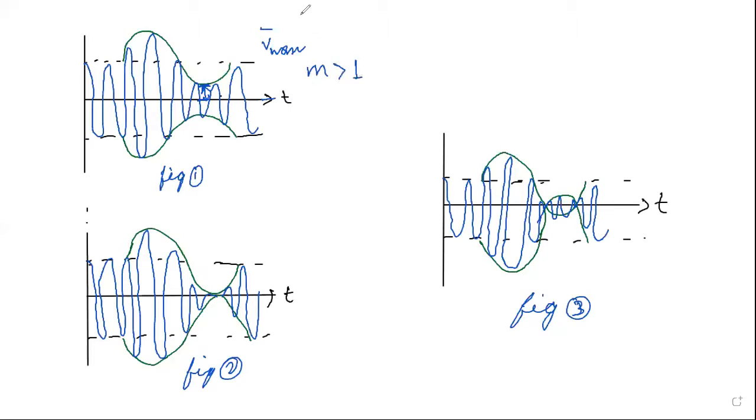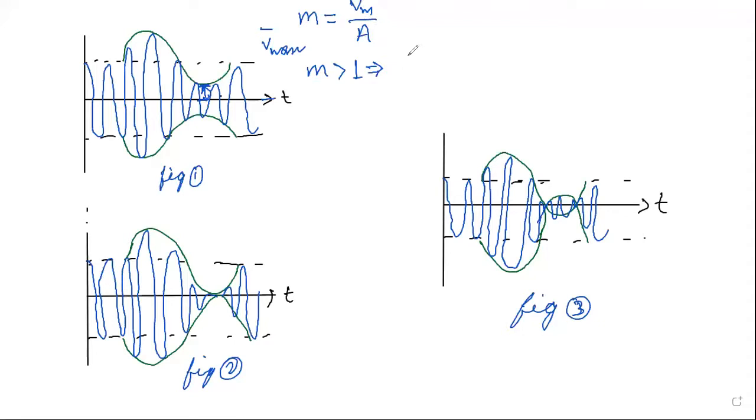So what is the value of m? What is modulation index? Modulation index is the ratio of Vm by A, where Vm is the maximum amplitude of the modulating signal and A is the maximum amplitude of the carrier signal. So अगर m greater than 1 है मतलब क्या है? Vm जो है वो greater than है A से. Okay. So in this case, so this case is called as what?